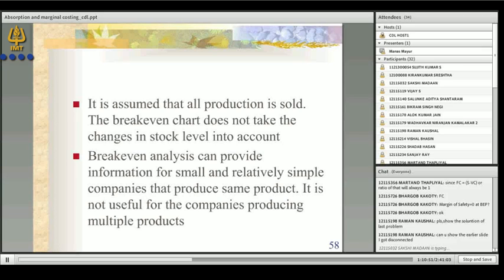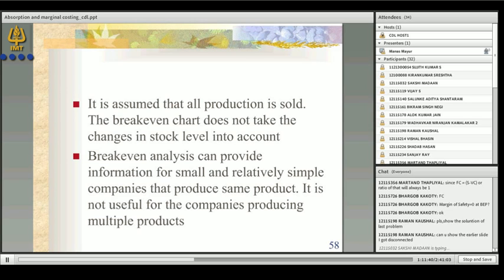In fact, practically you will find the same companies are maintaining or targeting break-even for different products also. So break-even could be product specific. It should not be only company specific. For example, Maruti can calculate break-even for Swift, it can separately calculate break-even for Alto, and separately for WagonR. So unit-wise they can have a target of their break-even point. Right, so these are some of the